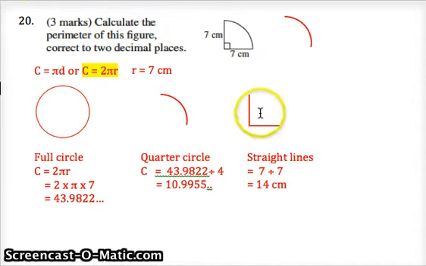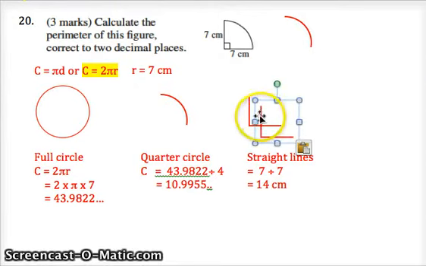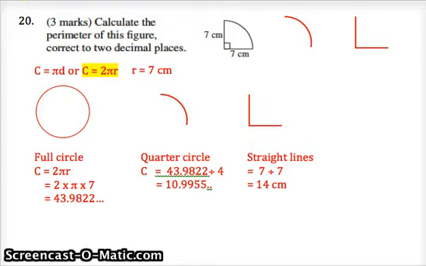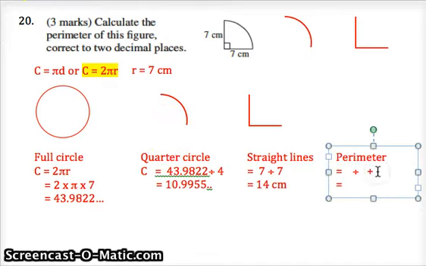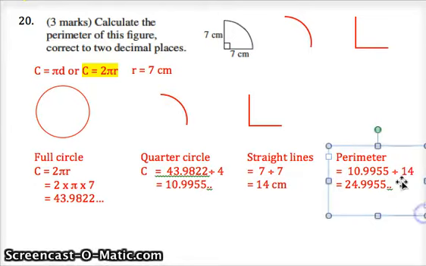So now I've worked out all the pieces that I need. I'll just put those straight line bits back up the top where they were as well, so that you can see what the shape was made up of. So it was made up of the curved bit plus the straight line bits. I've worked them both out there. So my last step now is to work out the perimeter. And so the perimeter will be my curved bit, which is 10.9955. Don't need the rest of those decimal places, plus my 14 centimeters. And so my perimeter, add 14 on to your answer on the calculator. Never clear what's on your calculator because it'll just stay there. Just makes it easier for your next step if you don't clear it. So we've got